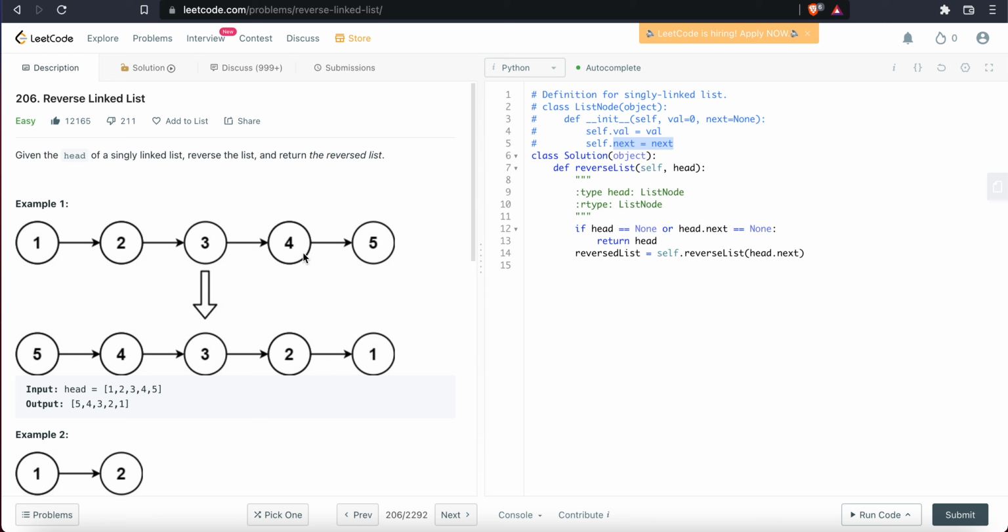So if head is 4 and head.next is 5, then we want head.next, which right now is an arrow that points to nothing, to point towards the 4. So we want head.next